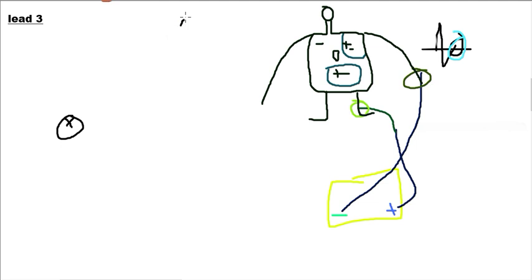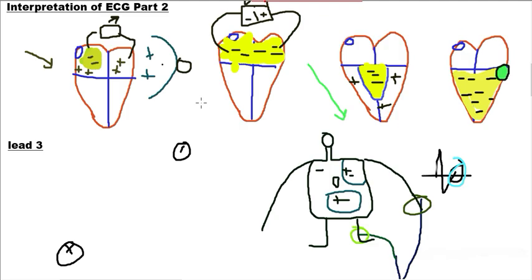What happens if this region is also at positive potential, the atrium, and the lower region is also at positive potential? When this region of our left atrium is at negative potential because all these muscles are in depolarized form, but this apex region is still in polarized form, it contains positive charges. In this condition, when this is negative and this is positive, lead 3 will deflect towards the positive side of our electrode meter.